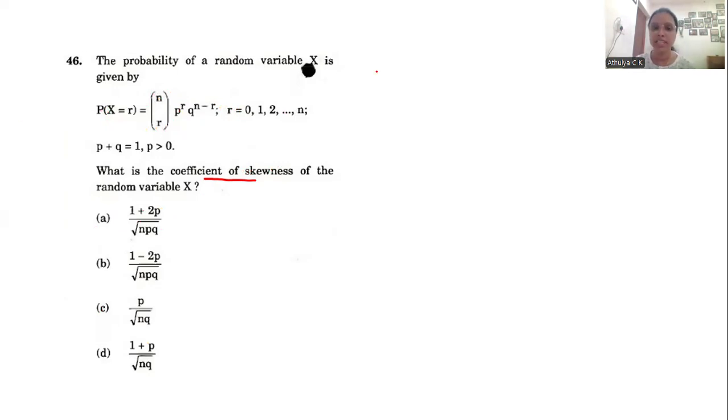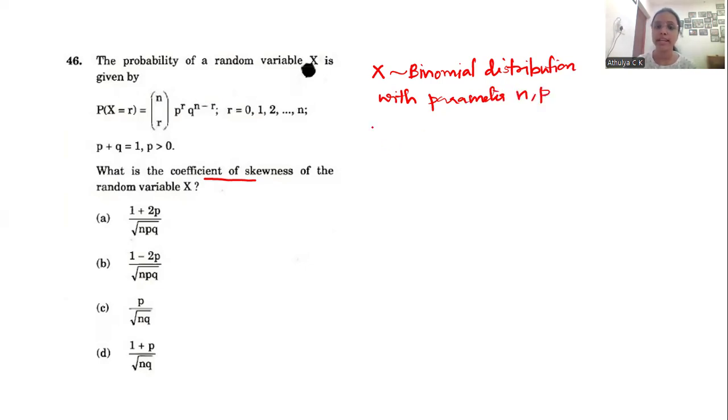We know that a random variable x is said to follow binomial distribution with the parameters n and p, and x assumes only non-negative values. Then the probability mass function